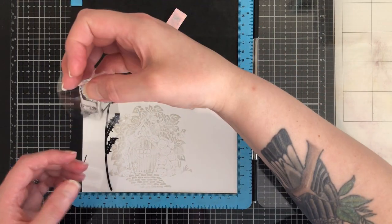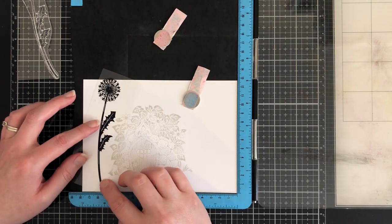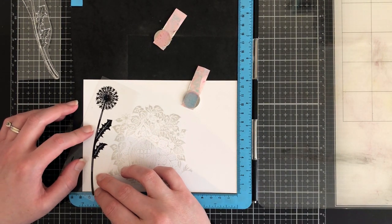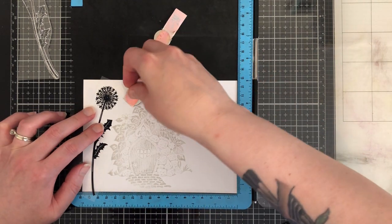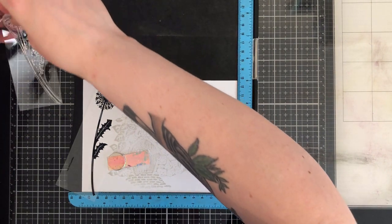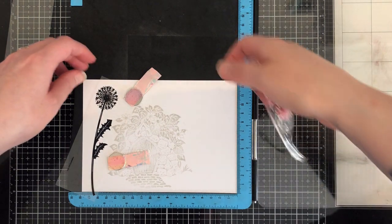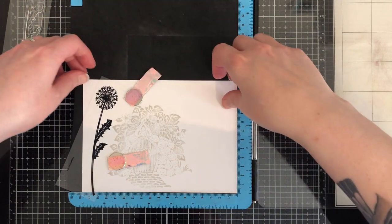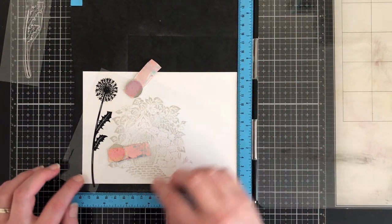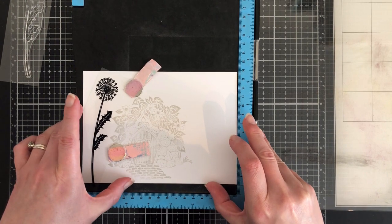I'm just going to check which way. Yeah, it is that way. Okay, so where do I want my dandelion to be? I think here will be nice. If you've never tried this before, by the way, using acetate to plan out your cards, I'd highly recommend it because it's really handy. You'll have noticed I'm just moving my card panel up